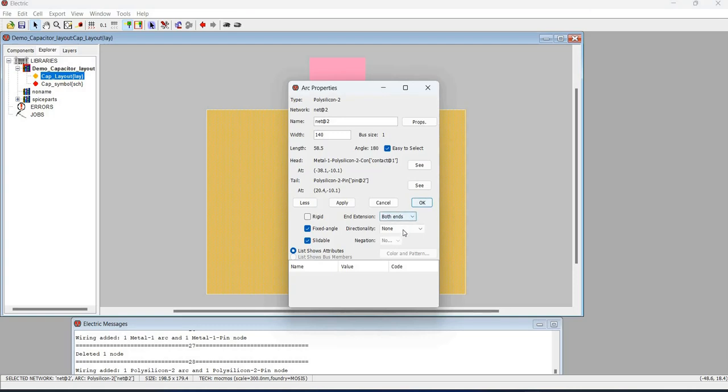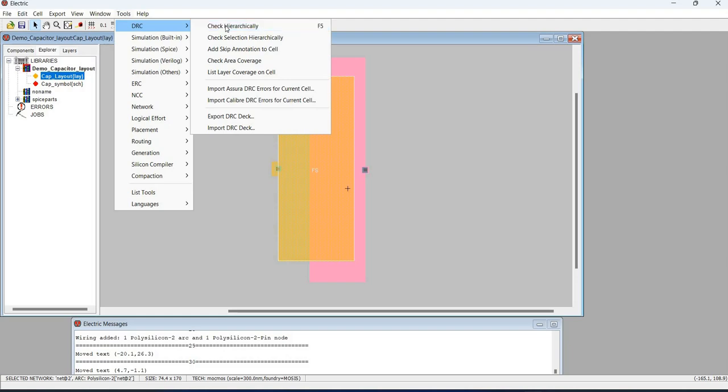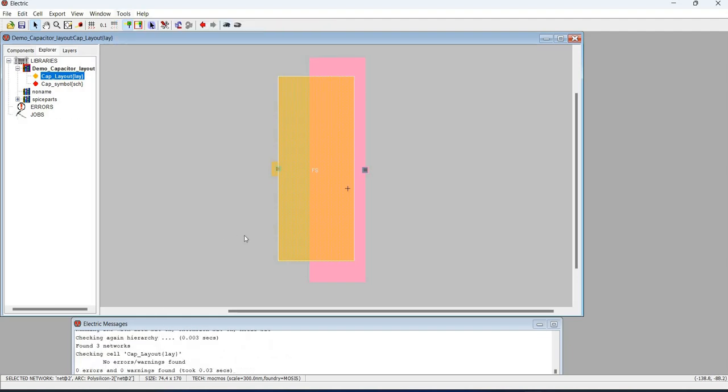So in this case, I forgot to select neither end so that it will be on this side. You can check if there are errors. So in this case, there are no errors across your layout.